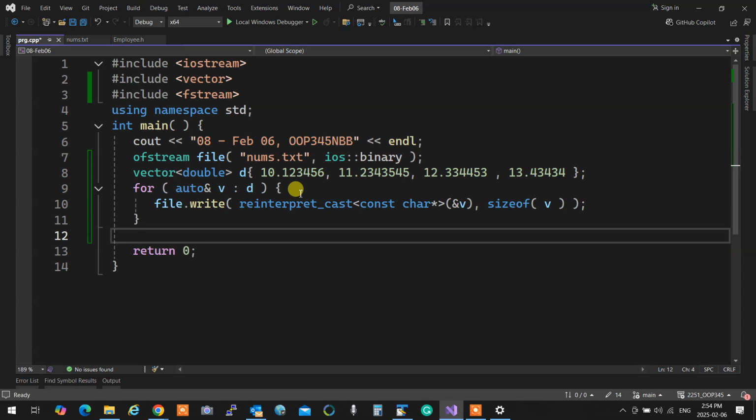Read and write for binary files is to dump the memory pattern of whatever you have into a file. So it doesn't reinterpret it. In the previous one, when I printed those numbers, it actually wrote the numbers as text in a file, which means it was converting the values from binary to text and putting it in a file, which we did happily. Okay? But we will see soon that that's not the most efficient way to deal with a file.